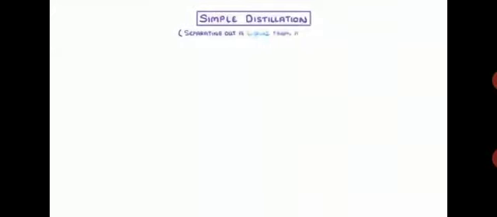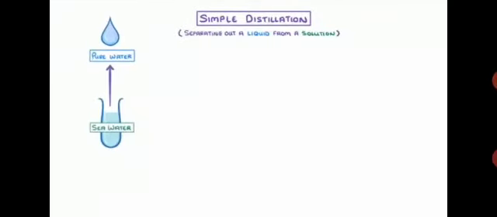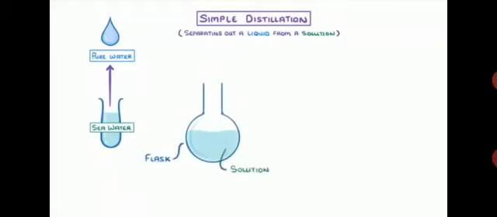Listen carefully. This simple distillation is used to separate a liquid from a solution. Solution means mixture of solute and solvent. So I am taking sea water, which is a solution of salt and water. Of that mixture I am going to make pure water. How will I do it? First I have to take the round bottom flask, then I will fill the sea water inside the round bottom flask, and as we saw there, we have to cover it with the cork or a lid so that no gas can escape outside through the one hole.